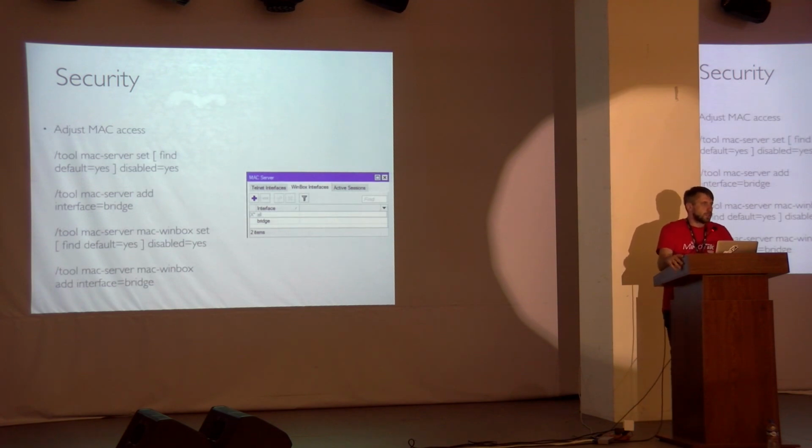Then a few more suggestions how you can secure your router. First of all, by default, on every device we have MAC server enabled. So you can access your device by MAC address from MAC Winbox or MAC Telnet.